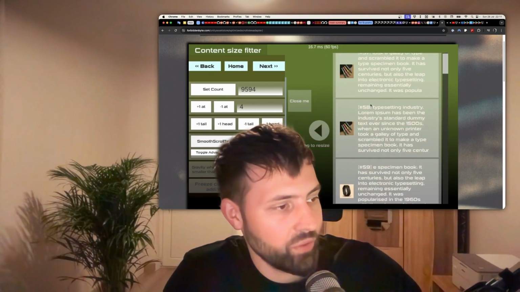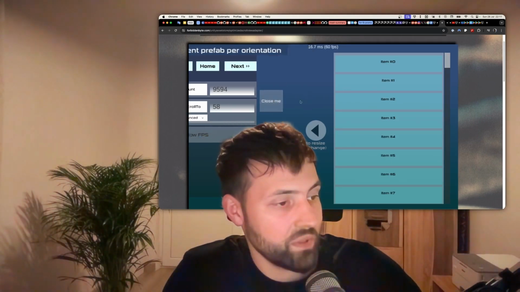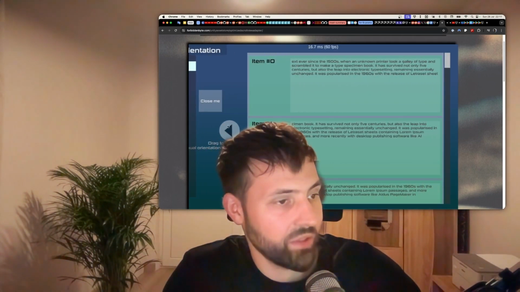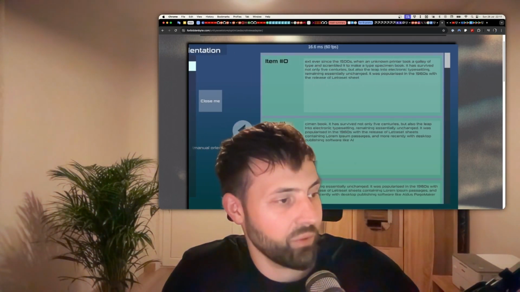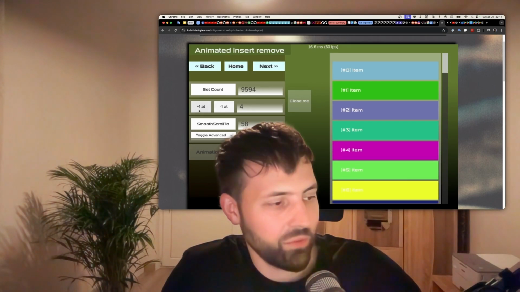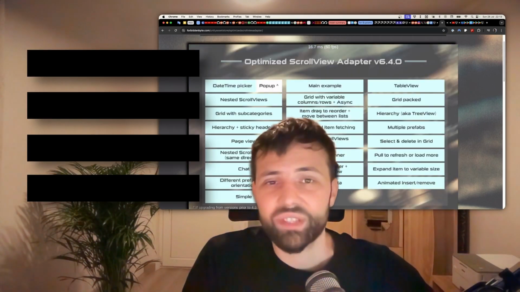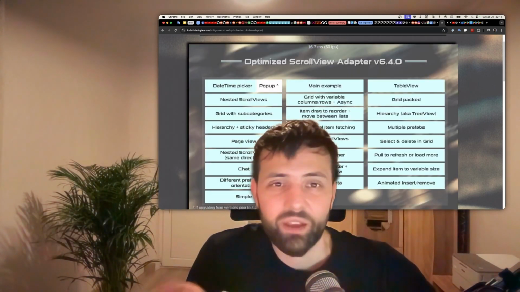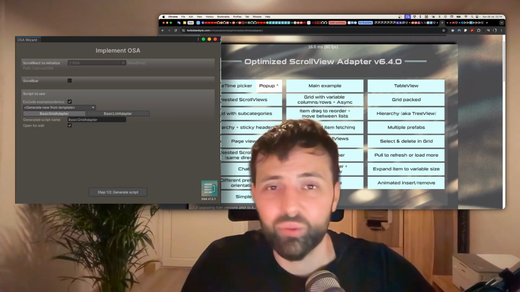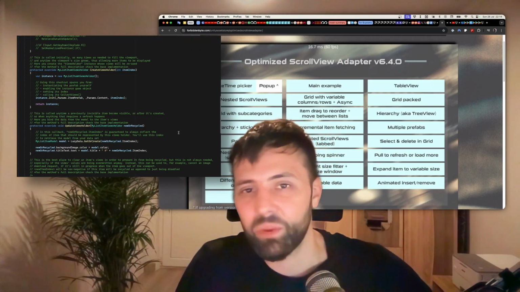You can scroll to an item, of course. Different prefabs per orientation, like landscape and then portrait if you want, animated insertion or removal of items. Basically, it just recycles outside items, so you can have billions of them. And that's the secret. You'll go through the wizard, get a template, read the comments, and you're good to go